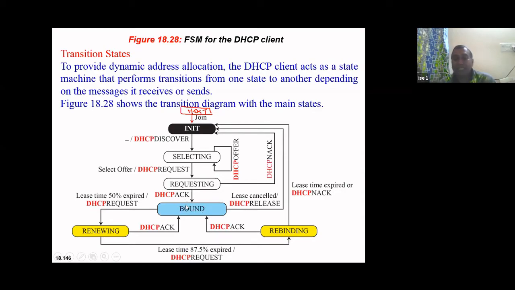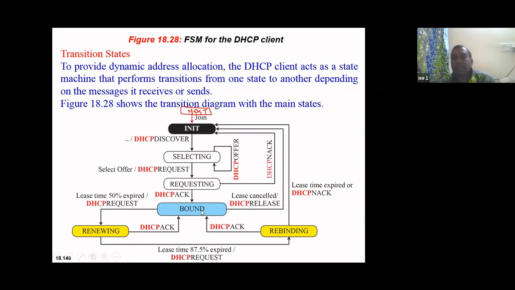Otherwise, if the acknowledgement doesn't come, and 87% of the lease time has expired and the DHCP request has been sent from the host to the server, it may allow rebinding, or it may send a DHCP negative acknowledgement. Once the lease time expires, it sends a DHCP negative acknowledgement: I do not want to get connected anymore.